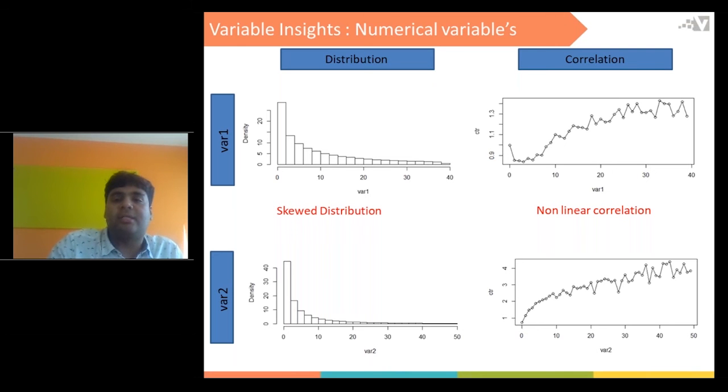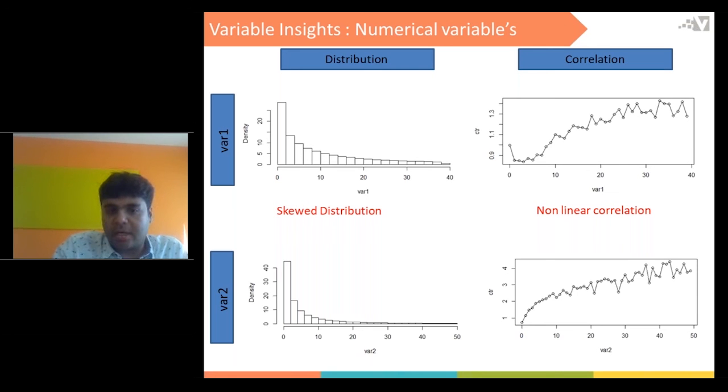In the case of variable 2, the gradient is very high initially, and then slowly it goes down and finally flattens to almost 0. So both the variables are not linearly correlated with CTR, and also don't have a normal or a uniform distribution.